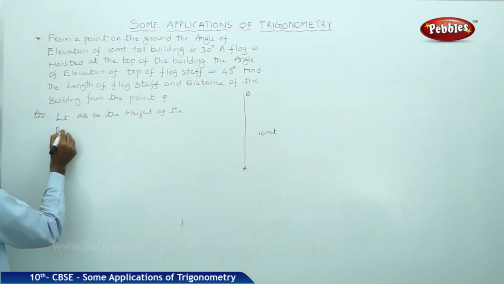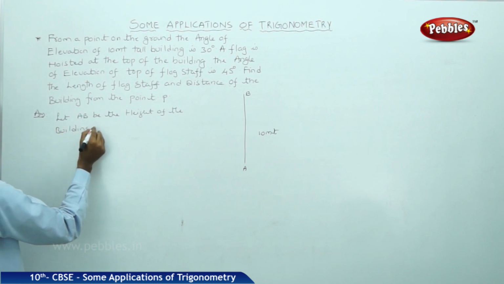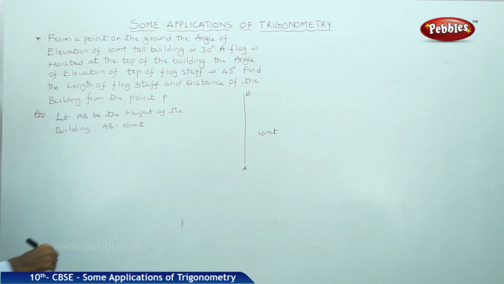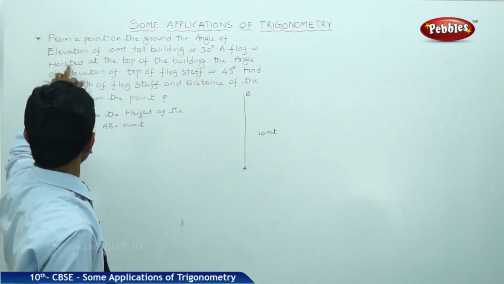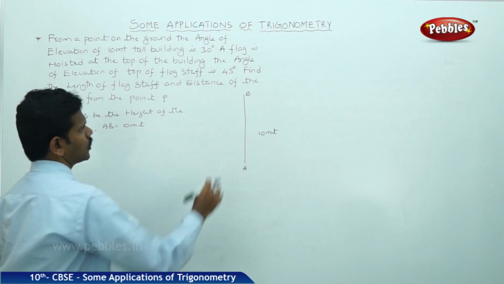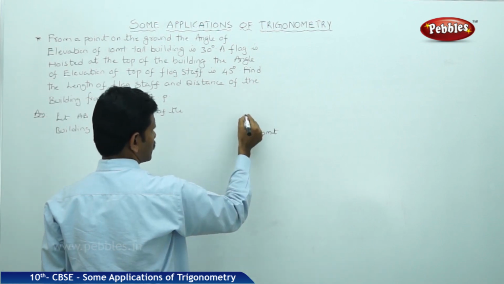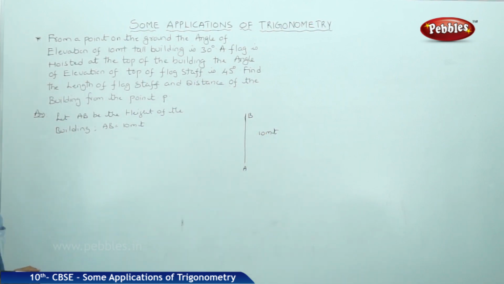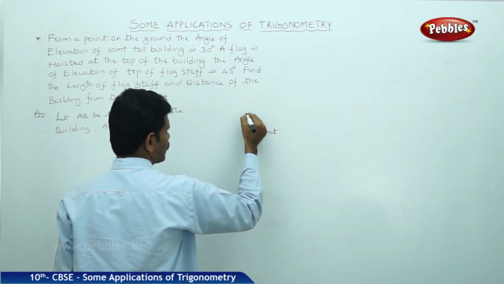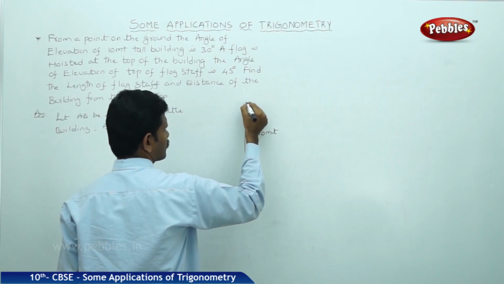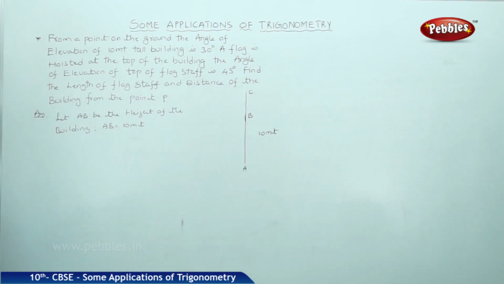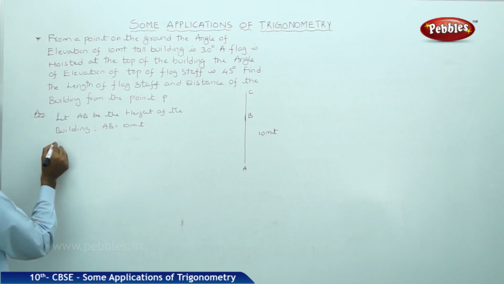Let AB be the height of the building and AB is equal to 10 meters. A flagstaff is hoisted at the top of the building. Now let us consider AB is the height of the building, and on the top of the building a flag is hoisted, that is BC is the top of the flagstaff, that is let